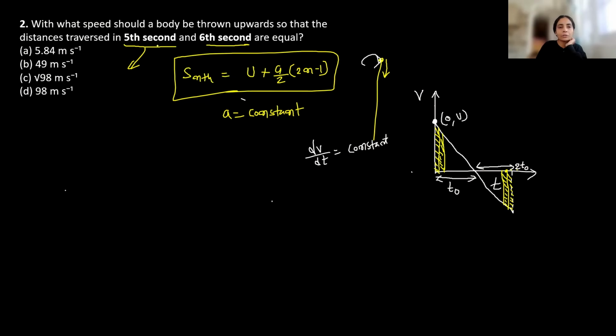सो अगर हमारे क्वेश्चन में ये कहा है कि फिफ्थ और सिक्स सेकेंड में डिस्टेंस कवर्ड आर इक्वल, इसका क्या मीनिंग है? सबसे पहले तो देखो फिफ्थ एंड सिक्स आर कंसेक्यूटिव टाइम, देन है। सो ये तो ऐसा नहीं हो सकता, जैसे देखो अगर सपोज कर लो पूरा टाइम लगता है 8 सेकेंड, तो ये है तुम्हारा 0 से 1 और ये होगा 7 से 8। सो ये कंसेक्यूटिव नहीं है।